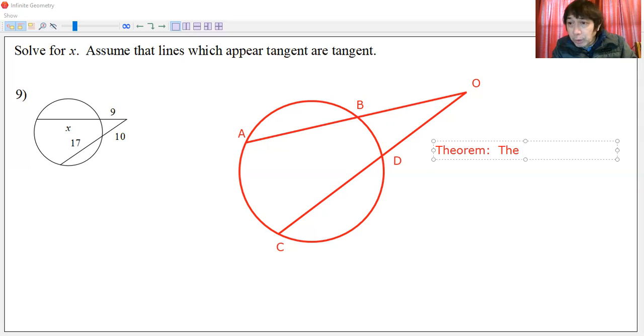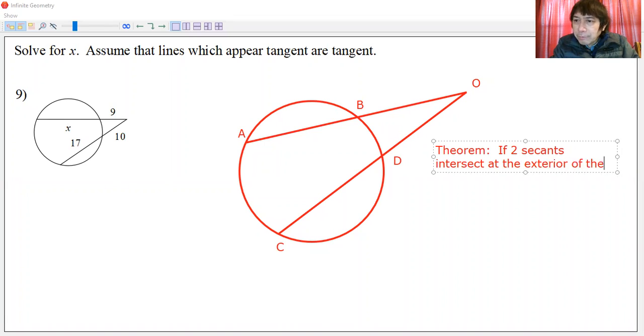If two secants intersect at the exterior of the circle,